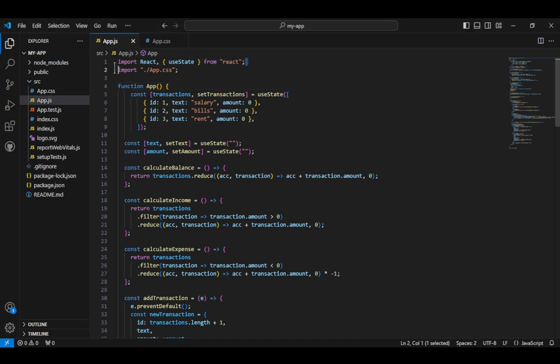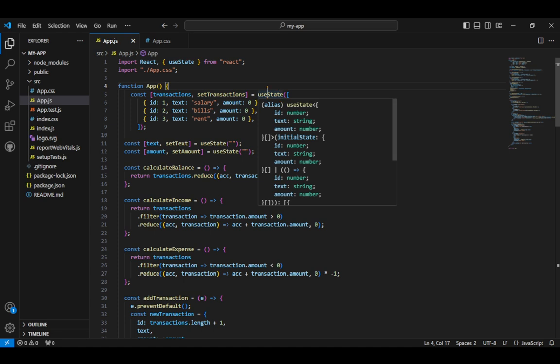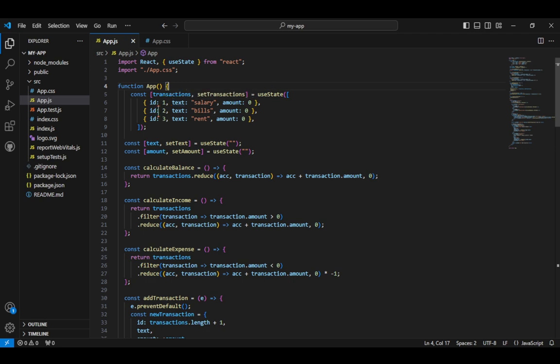So here, the import React and the useState hook, it can hook into the React library. So first, the function App. So function App, the second transaction and the setTransaction is equal to useState. So it will hook into every ID, like for example 1, 2, 3, 4, every ID.